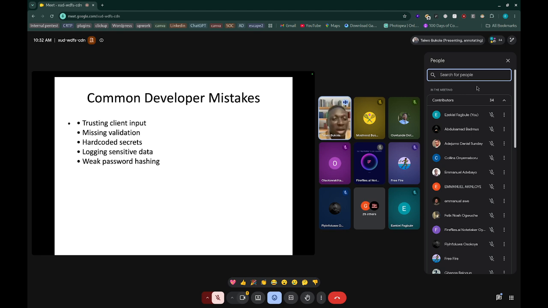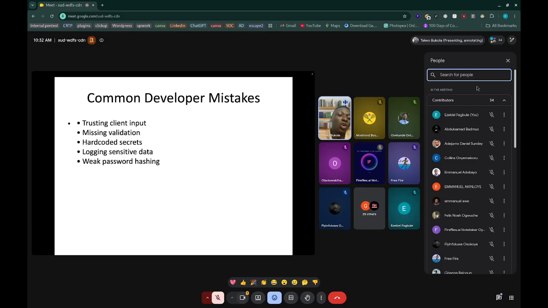Also, weak password hashing, right? These are situations whereby you are not using the right hashing mechanism. You are using SHA-1, or a weak algorithm, or even, let's say some people use encryption, even though that is not best practice for passwords, and you are using, let's say, CBC, or AES-GCM with padding and all those things.